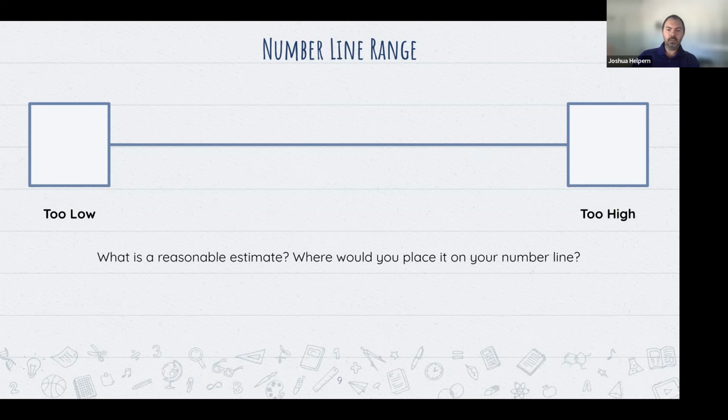And I ask them, given the image that you're trying to figure out, what do you think is an estimate that would be too low? And we can always go 0 or 1 on the too low side, but we want to narrow it down. We want to make our range as small as possible and make the best estimate possible. So that's some of the problem solving and the thinking that comes in. And so we have a discussion about, well, what number do you think is too low? We can go bigger than 0 or 1 though, because we're trying to narrow down our estimate. So what's a number that's too low without eliminating your estimate? Where would you go on the low side?